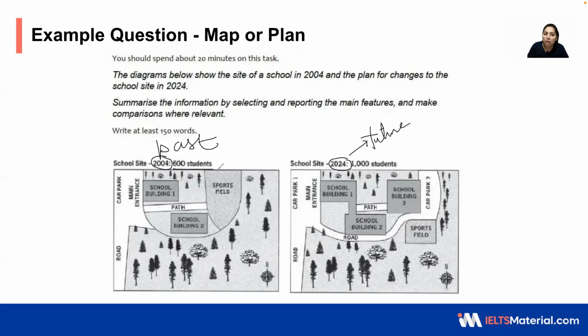This is also talking about the number of students, that is only 600 students, and the number of students may increase to 1000 students. So the main idea would be to present your answer with proper tenses and you have to compare. You need to make comparisons between the two different maps. You can see here it is given diagrams, but you need to explain the two maps or the two plans. You can also say this.